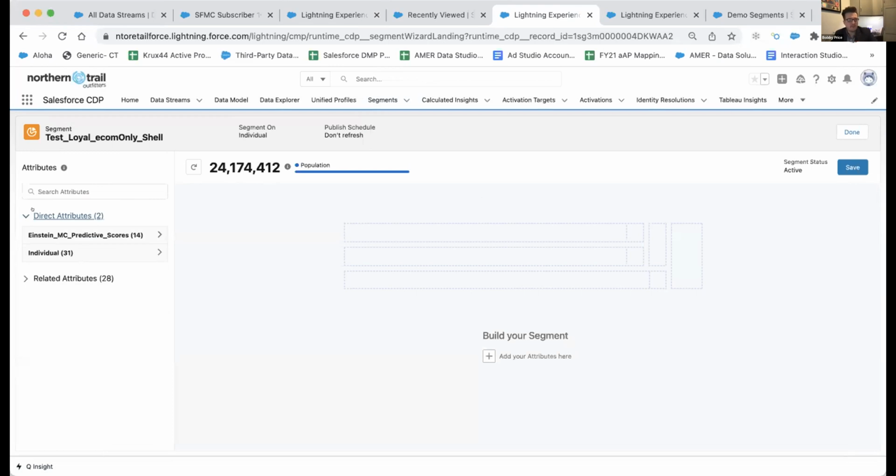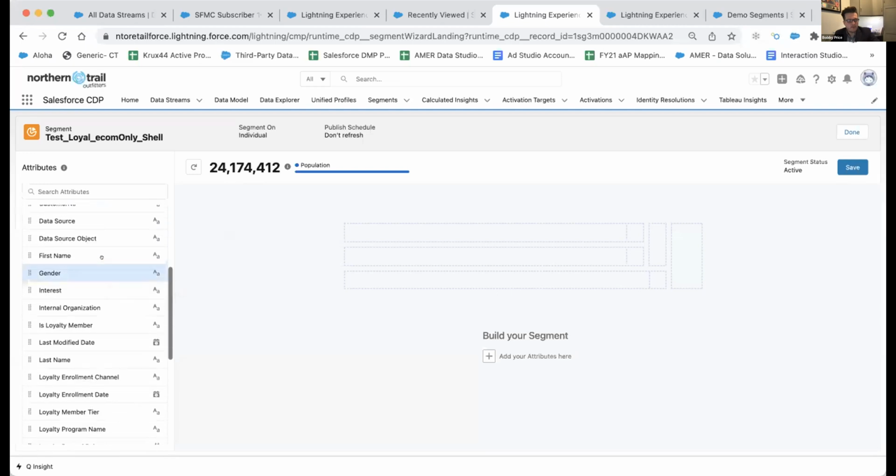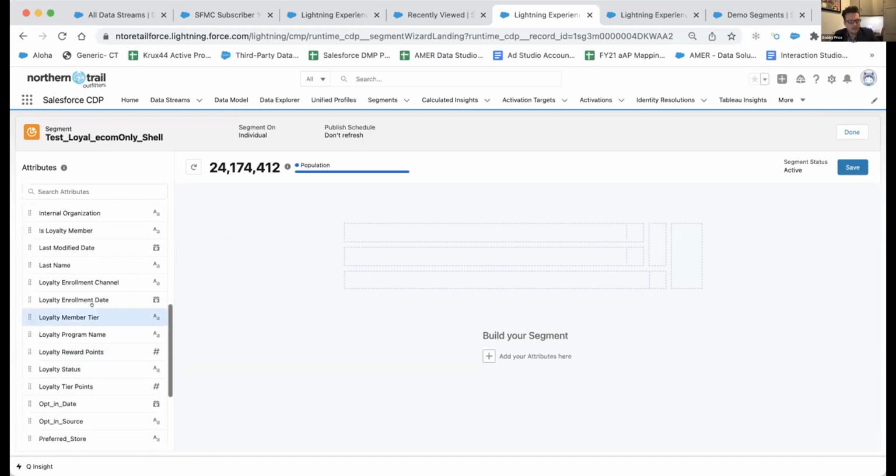So let's just say we have our direct attributes and our related. Direct are one-to-one to the user, whereas the related become one-to-many. So let's just grab some IDs and we'll throw it in there. In my getting started, we have a story about a user has to create something based on loyalty status. So if we go over here and we say, is a loyalty member, we can just drag and drop.